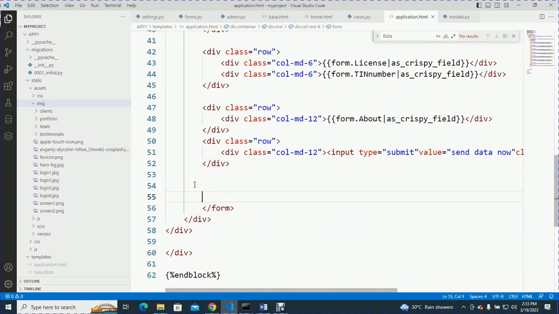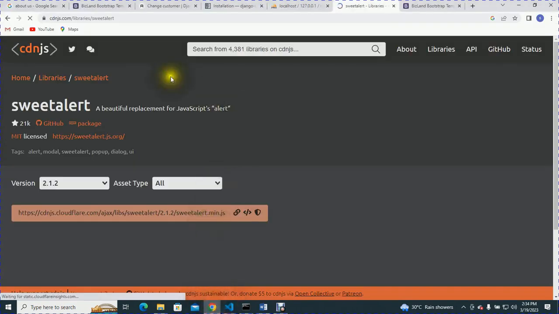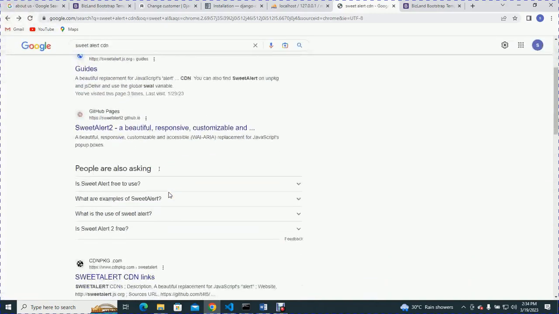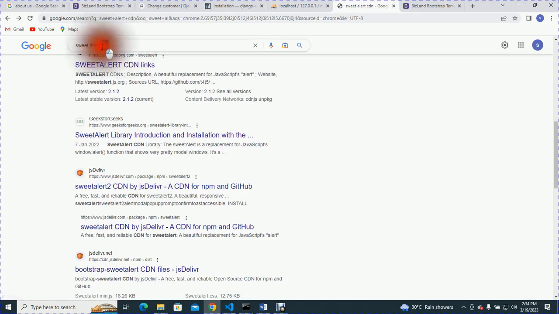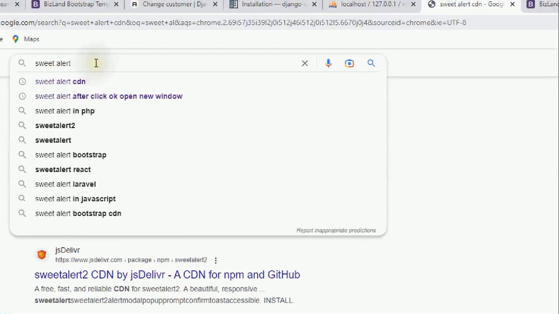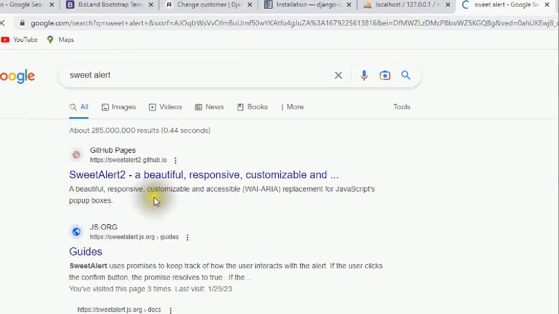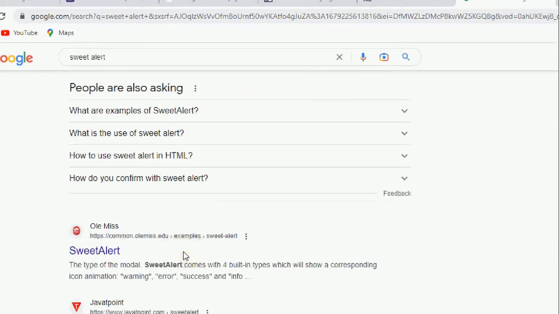Course, okay, so tuna process form hapo, process form, ma user ameshakuwa amefanikiwa ku register, okay, so tunaonyesha ile crispy form. So crispy form inatumika kuonyesha kama data zimekuwa successful. Okay, I'm sorry. So sweet alert. Okay, so now andika sweet alert peke yake, sweet alert, click enter, then sweet alert,